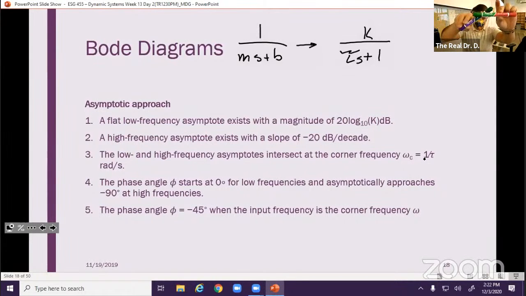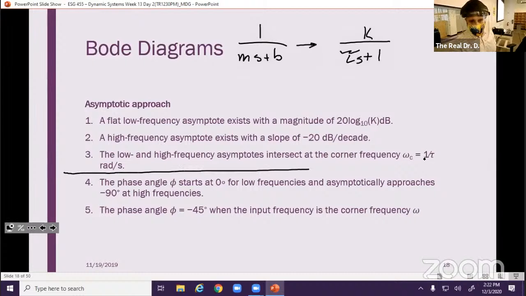This point right here at the corner. What is the corner frequency? It's 1 over the time constant. Thus ends the rules for magnitude